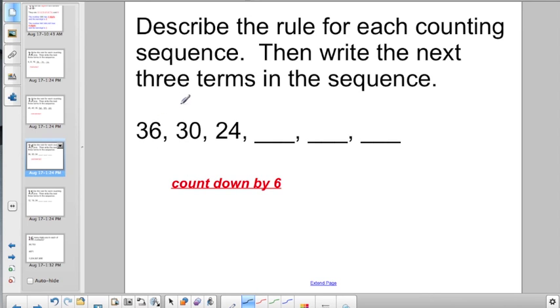36 minus 6 is 30. 30, count down 6 more, it's going to give us 24. 24, count down by 6, that's 18. 18 minus 6 more, or count down 6 more, that's going to leave us with 12. And our last term today, 12, and if I count down the last 6, is this going to leave us